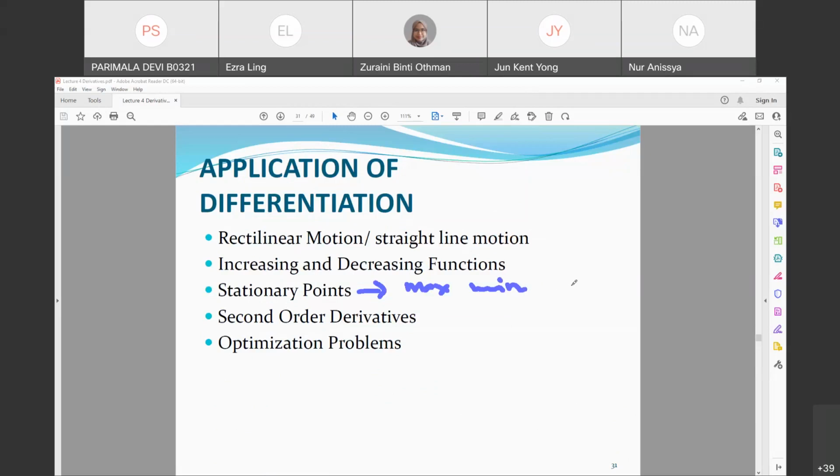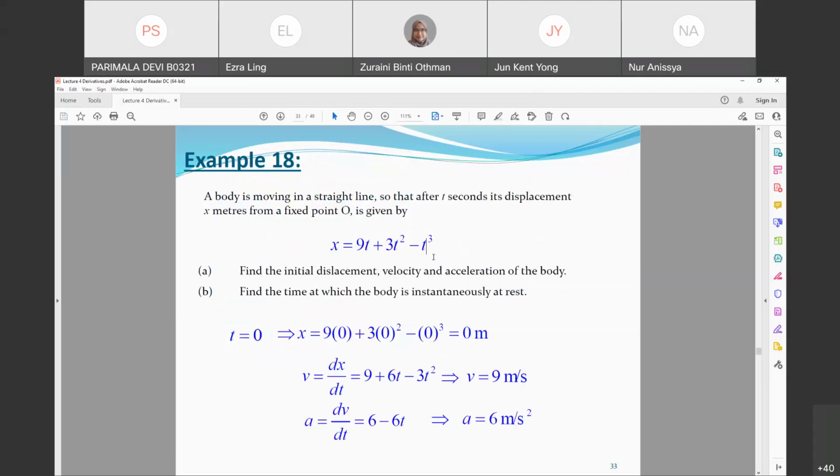Or another one is what? Titik lengkuk balas tu in English apa? And second order derivative and optimization problem. This is the application of this derivative. Okay, ni soalan ni ialah bila kita ada objek yang bergerak in a straight line, so that after t